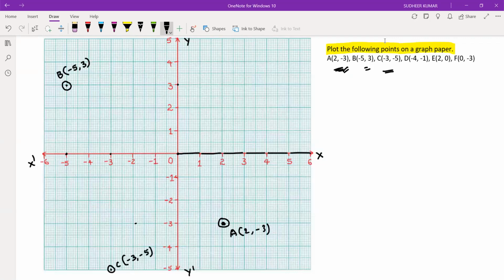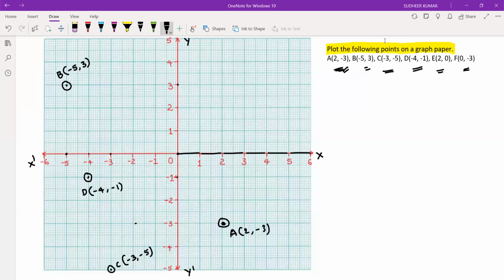The next point, D. D is (-4, -1). So this is -4 and this is -1. They intersect here. So this is point D, (-4, -1). Then E and F. When it comes to the points E and F,